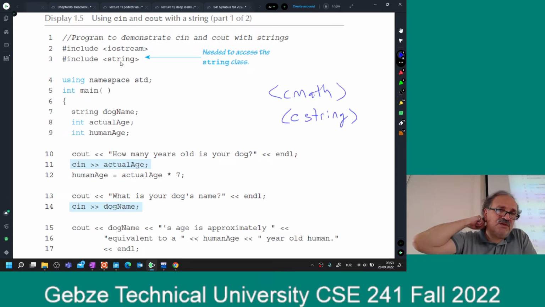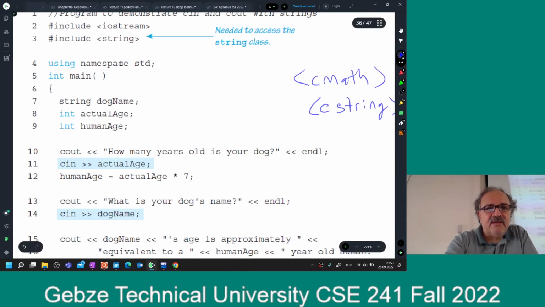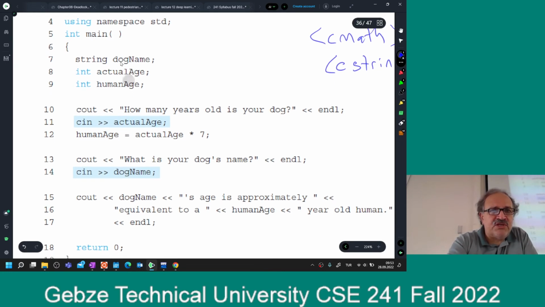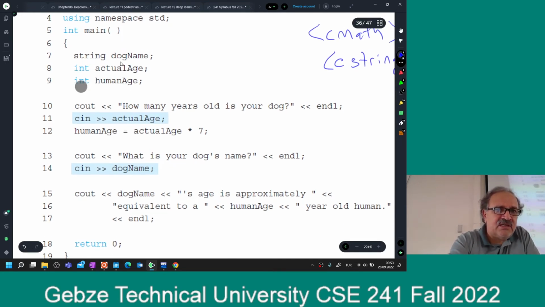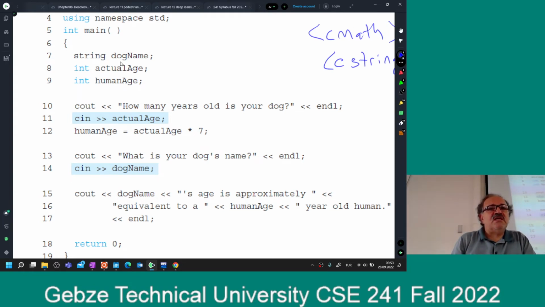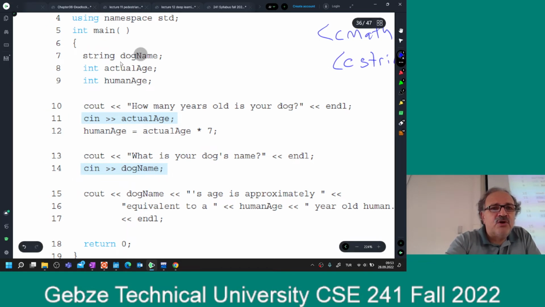So this one includes the string. This one is for the C++ string from the standard library. We are not talking about line number 4 right now. I have a string. I have two integers. The int keywords are blue, because they are keywords. String is not a part of the language, but it's part of the standard library. I have the dog name,